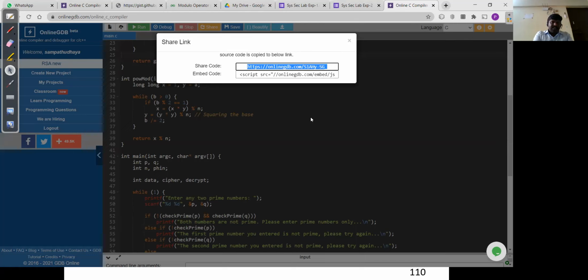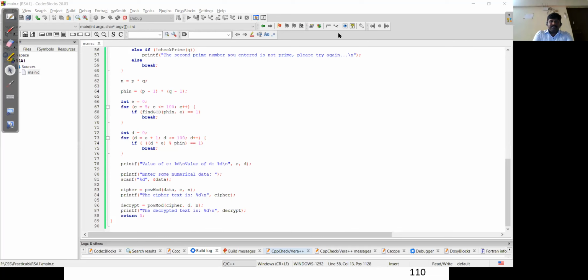It requires only a device with internet connectivity. I'm sharing the programming link through the chat window. You can just click on the link and execute the program.